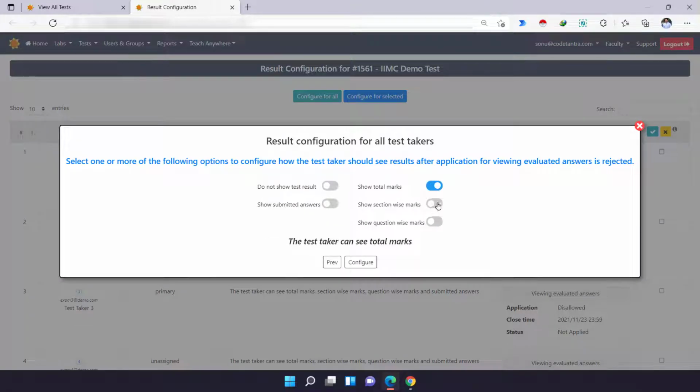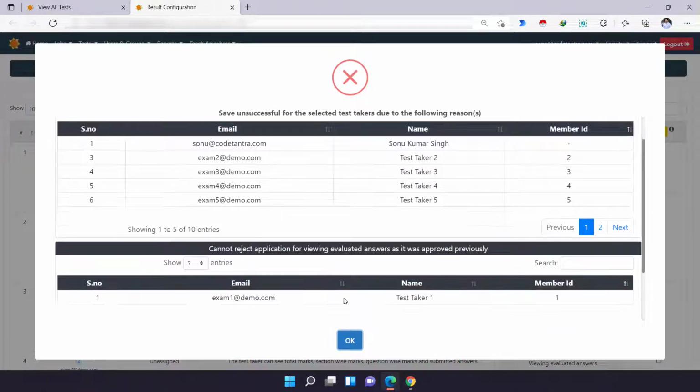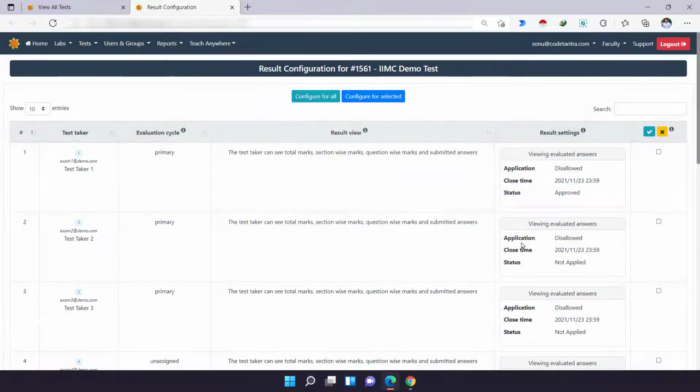And you can decide what you want to show to the student while rejecting the application, and you can configure. And since there are no pending applications, it is not going to take any action as of now. In your case, if there are pending applications, of course it will take the action and it will reject them and the status will turn into rejected. So that is how we manage the applications for viewing evaluated answer scripts.